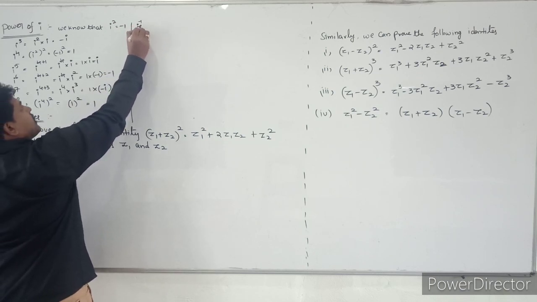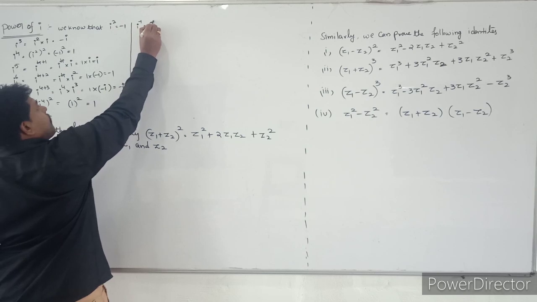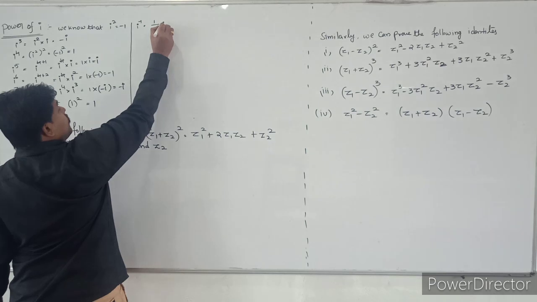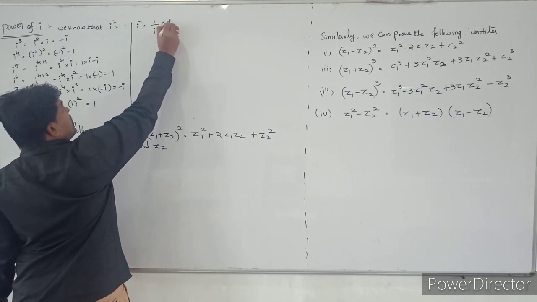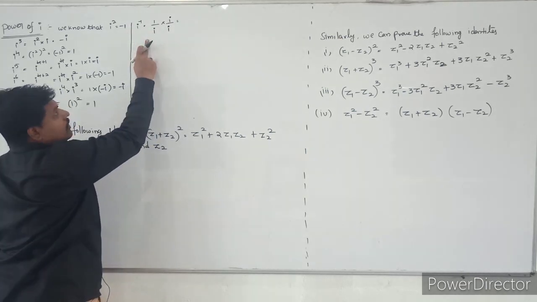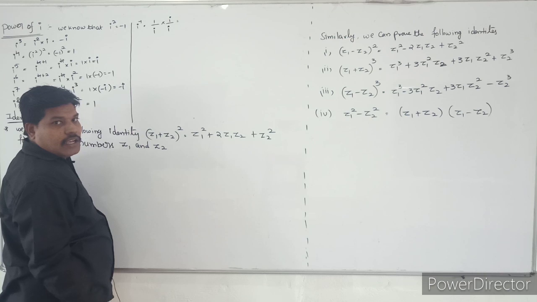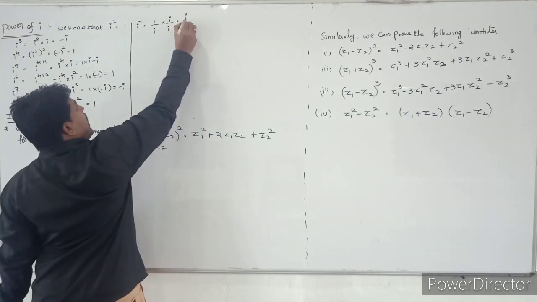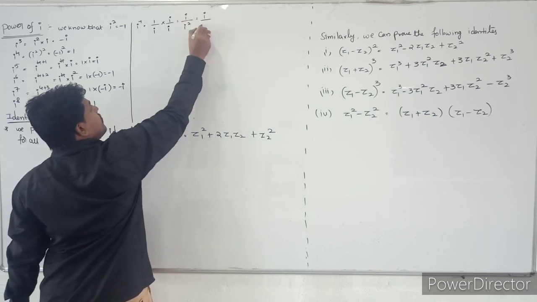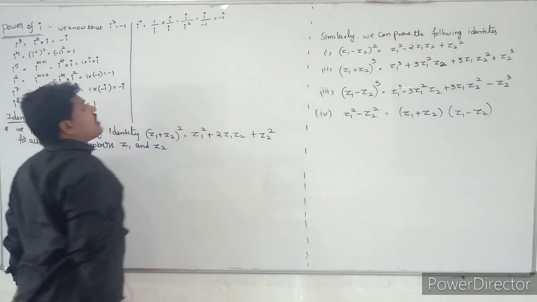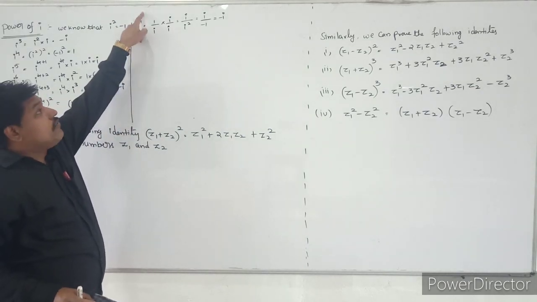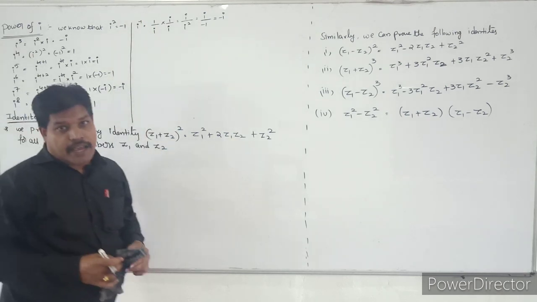And also see this one. I power minus 1. What is i power minus 1? I power minus 1 is 1 by i. So 1 by i, you can rationalize that. I power minus 1 meaning is 1 by i. So you can multiply and divide with i. What happens? So that is i by i square. So i by i square is minus 1, so it will become minus i. So i power minus 1 value is minus i.